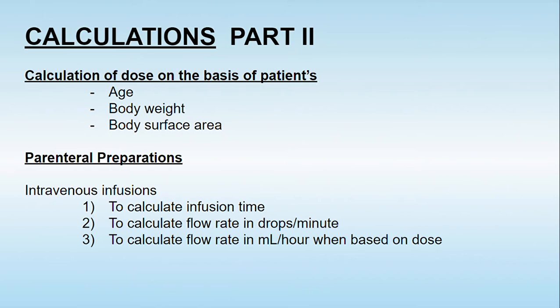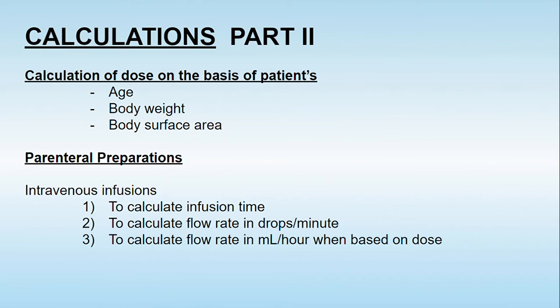Because when you work in the pharmacy or on the clinical side, and come into contact with patients, you require two things. The first one is that you have to calculate a dose on the basis of patient age, body weight and body surface area. Generally, the patient's age, body weight and body surface area are going to vary. So depending upon that, as a pharmacy technician or as a pharmacist, it is your responsibility to give the exact amount of the dose to a particular patient, whether or not it is carefully prescribed by the physician or the prescriber in the prescription. If it is prescribed and written, yes, it is the duty of the pharmacy technician or the pharmacist to